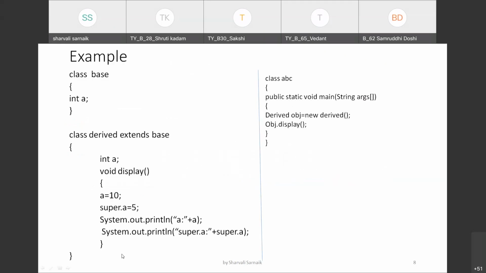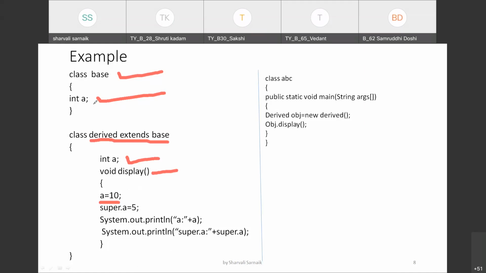Now see, one class Base is taken and one data member is declared in class Base. Then class Derived is taken, which extends the Base class. Again, in the derived class also there is int a, and one function is taken, void display. Now the value of a is assigned as 10.